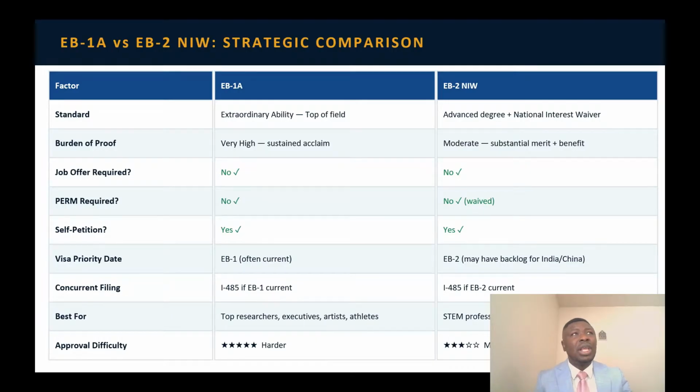Now, let me say a word of encouragement as far as the visa ban is concerned. I know that people are concerned, especially international students or high achieving professionals outside the United States, who ask, since there is a visa ban, why should I file for EB1 or EB2? The fact that there's a visa ban does not mean that USCIS will not receive your EB2 or your EB1 case. The only thing is that they will adjudicate it, but they may not give you a final decision.